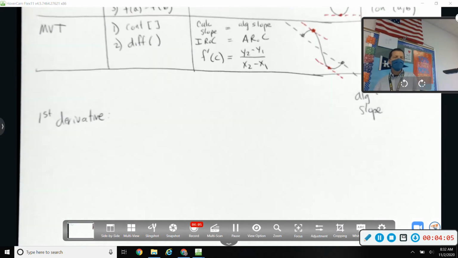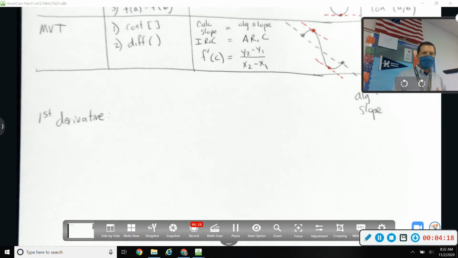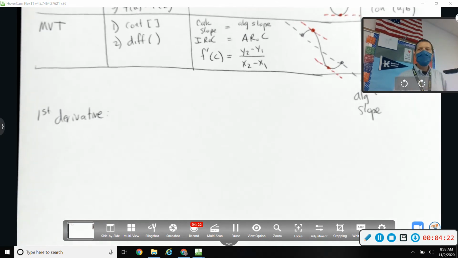Right, first derivative. So everything before this unit was like how to take a first derivative, all the rules about power rule and product rule and quotient rule and all the trig rules, and logs and exponent rules. All of those were like process rules. How do I find it? This unit is more like, well, what does it mean? Now that I've got it,